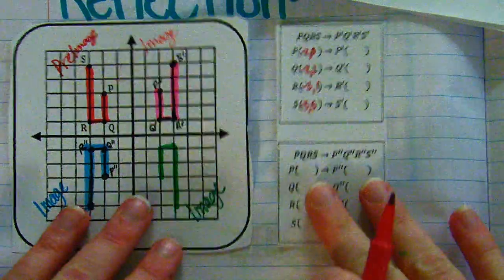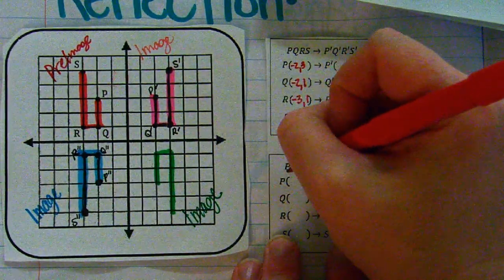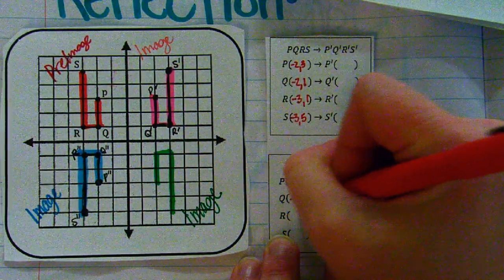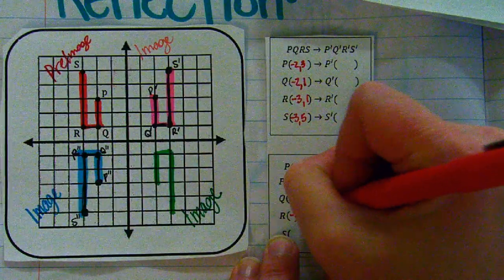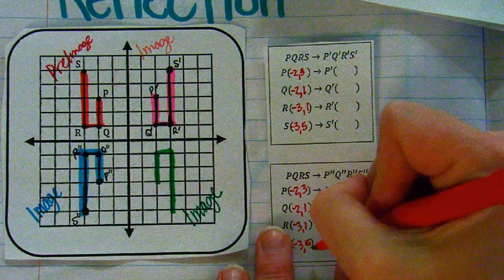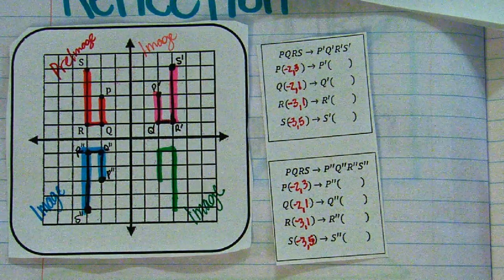And that is actually going to be the same for this one also, so I'm just going to go ahead and put those coordinates for all of these. That's a 5. And I'm also